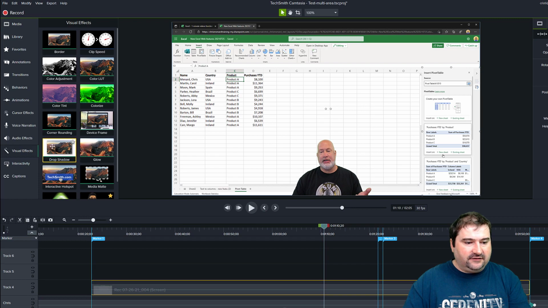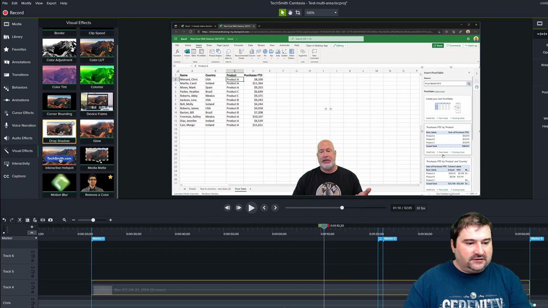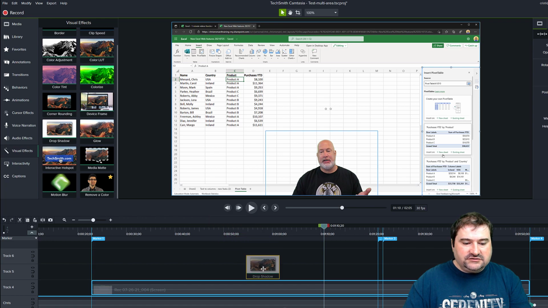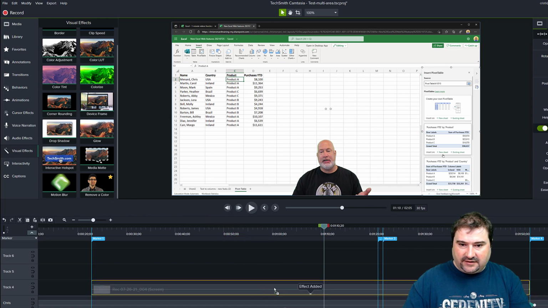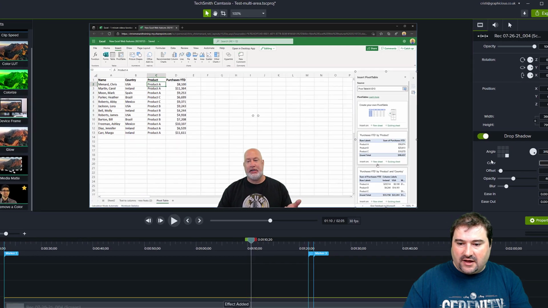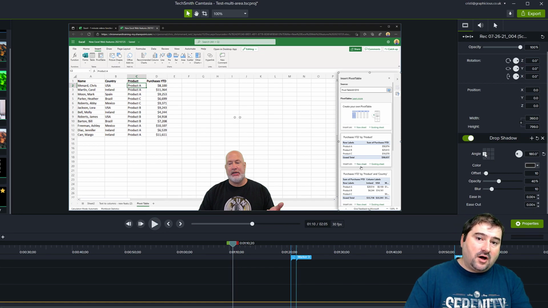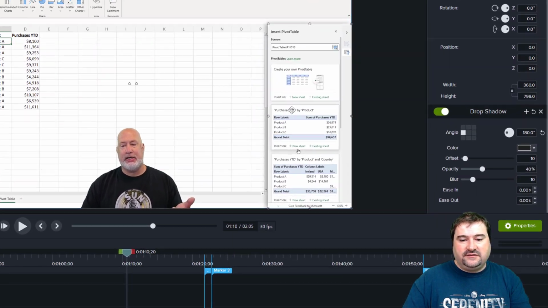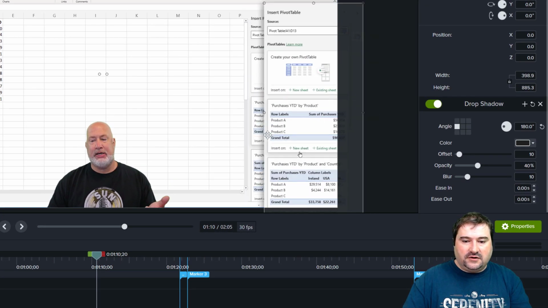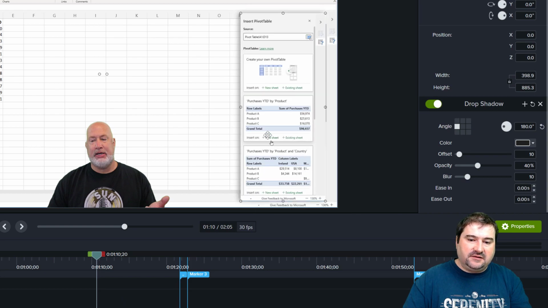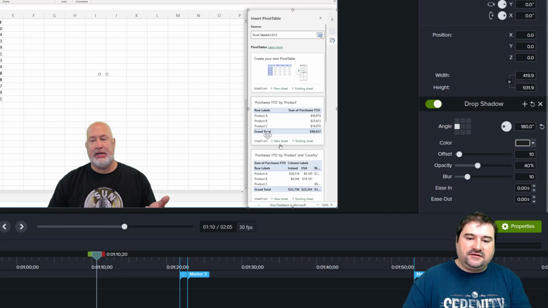Go to Visual Effects and find the drop shadow effect here and drag it onto your copy clip like this. So now maybe you see, maybe not, you can change the direction of the drop shadow, and usually what I do is I move the direction on the opposite side of where I copied it. So if my clip is on the right side, I'm going to move the angle of the drop shadow to the left. So as you can see here, I'm not zooming in, I'm resizing this clip holding the Control key. You see now this is the copy of my clip that I'm changing the size for.